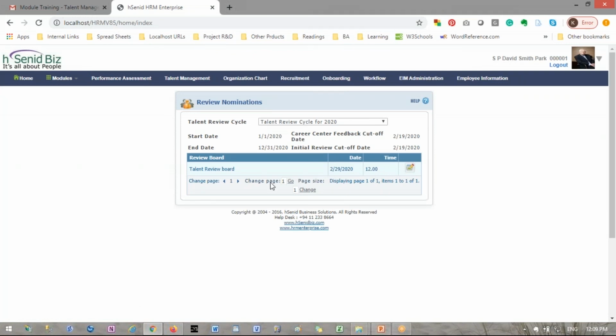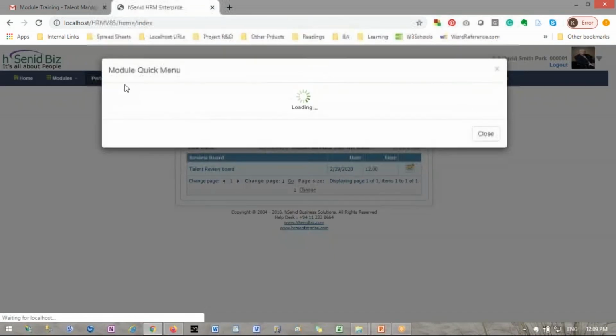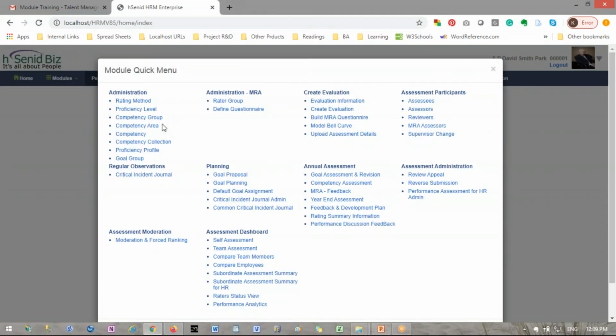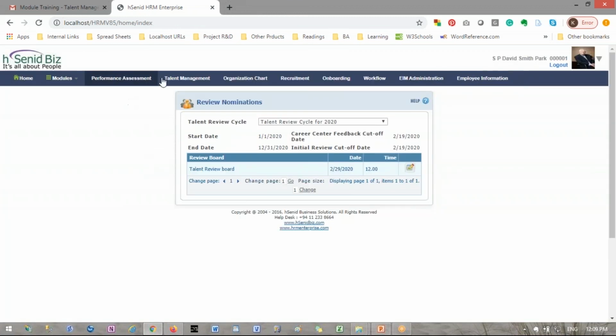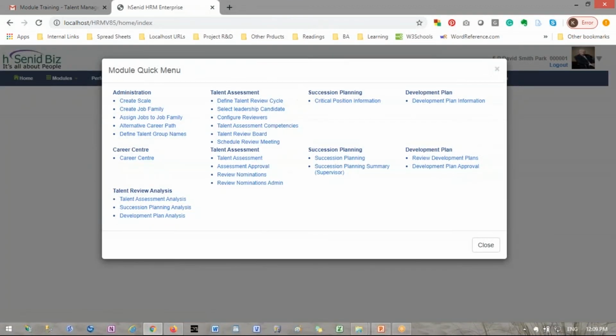Yeah, the details will be updated, but the finalize option is enabled for the panel head. Then we have another form. Suppose the panel head is a CEO or someone in a higher position, so he may not use this form, right? So we can enable